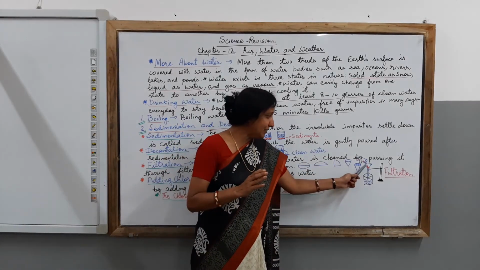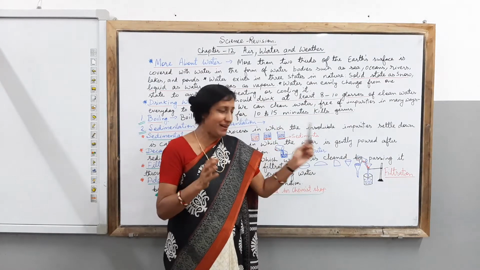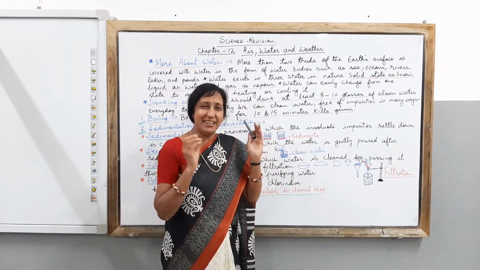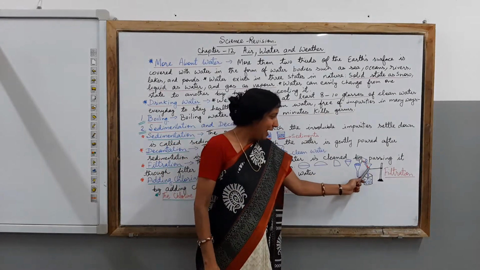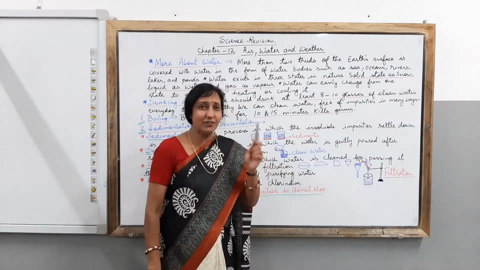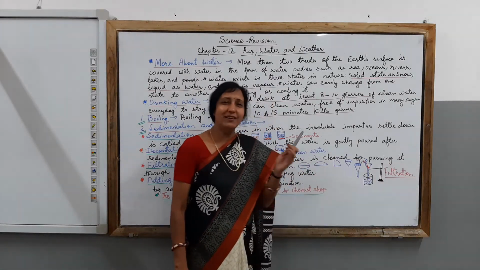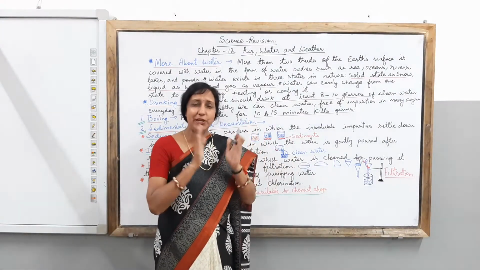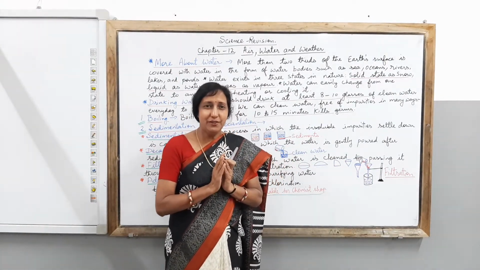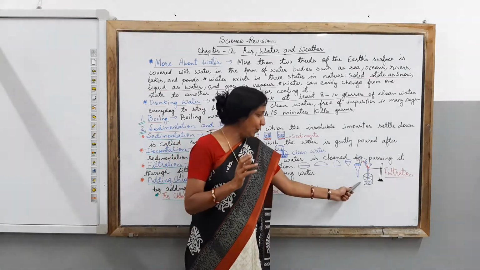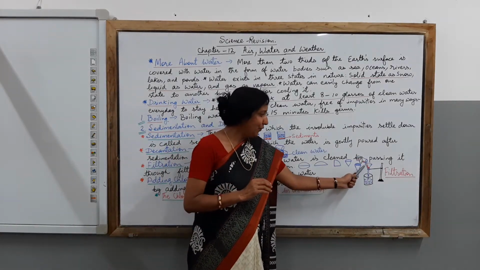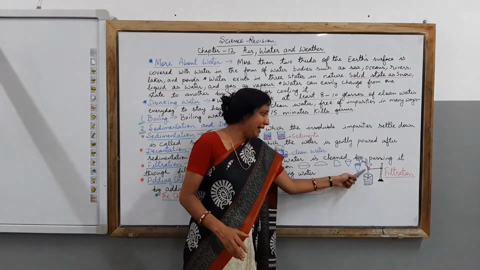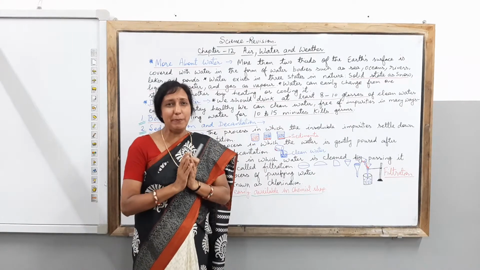What you will find is that all the impurities are getting collected out here. All the insoluble impurities are getting collected in this funnel, letting all the clean water come down into another container. So you can see after some time when you are pouring all the water into the funnel, you will find clean water is available here, and all the dirt and the mud, whatever impurities were there, are all collected in the filter paper.